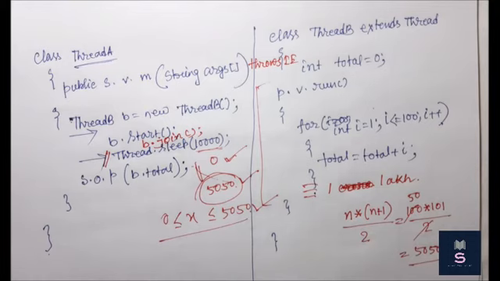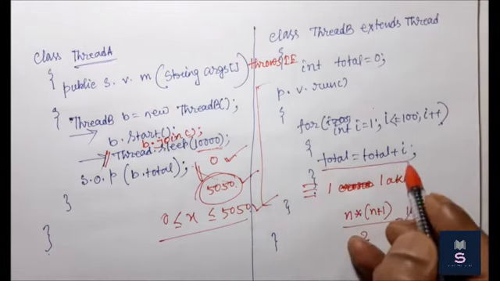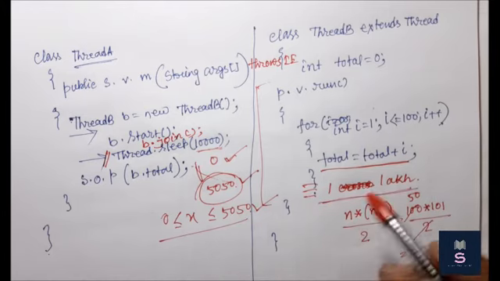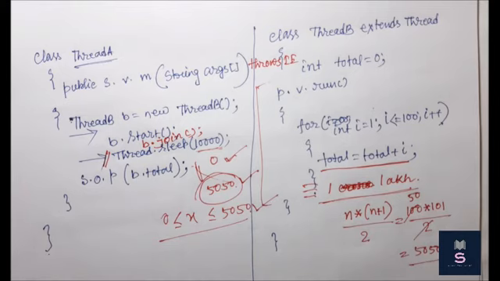Now here we already got the expected total, that means the total is already calculated, but I have to wait for the 1 lakh lines, or 10 lakh lines of code, to complete also. So it also decreases my performance. So the join method is not a solution. Even if I want to get any intermediate result, that is also not possible with the join method, because the join method will always give the final output. So it's not a solution.